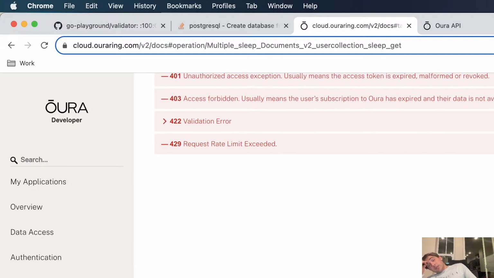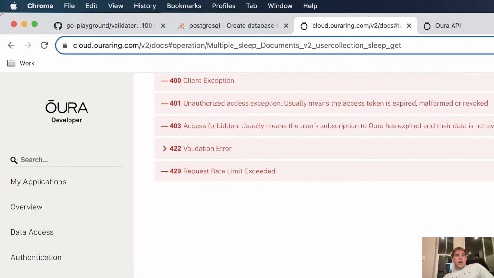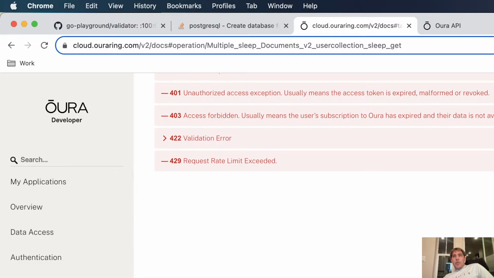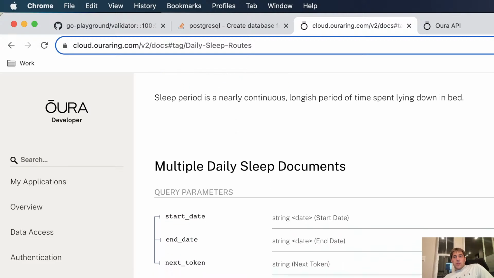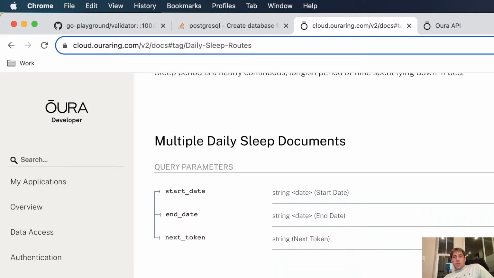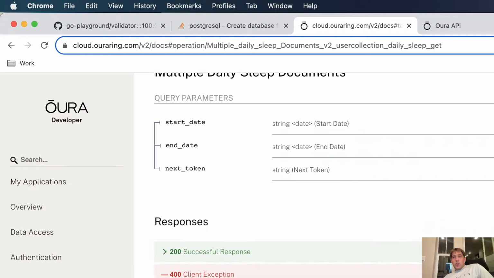I want bedtime. I wonder if I could get like average bedtime over the last week. Daily sleep routes. Daily sleep. Deep sleep timing. Latency. Day.